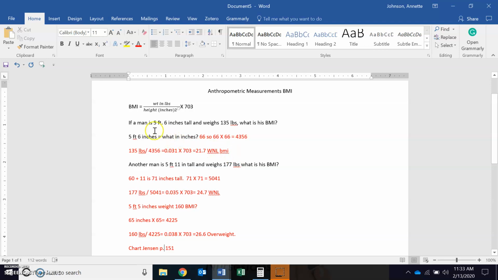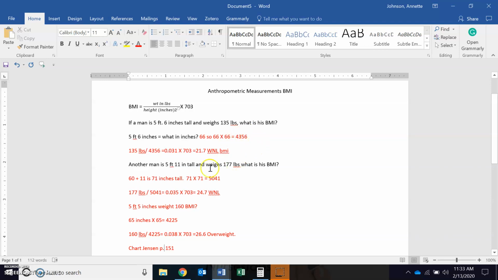So in our example, if a man is 5 feet 6 inches tall and weighs 135 pounds, what is his BMI? My suggestion is first figure out the total inches. How many total inches are they tall? Like we did before, 5 feet is 60 inches plus 6 inches. So if a man is 5 foot 6 inches tall, he is 66 inches in total height. To square that, you multiply 66 times 66 and you get